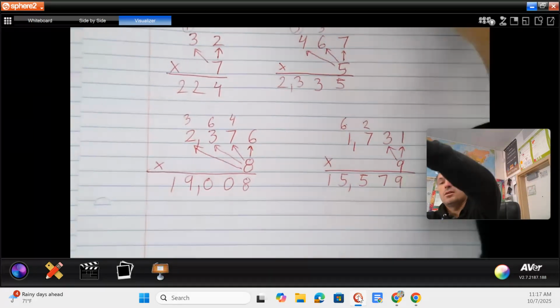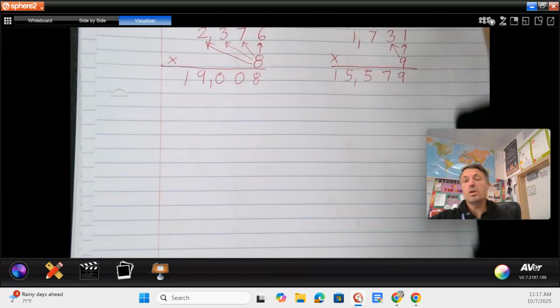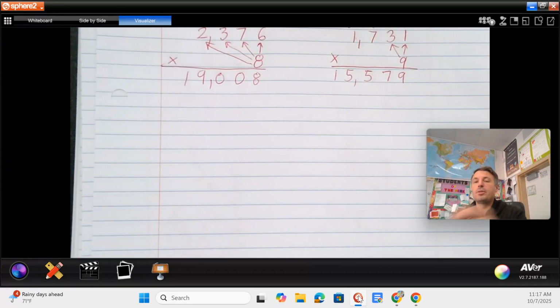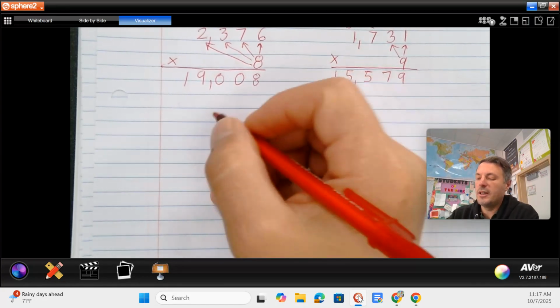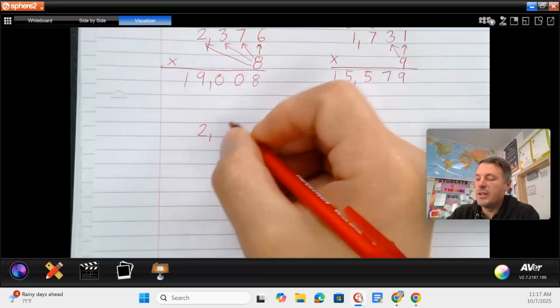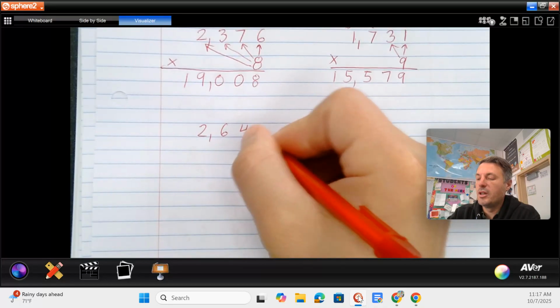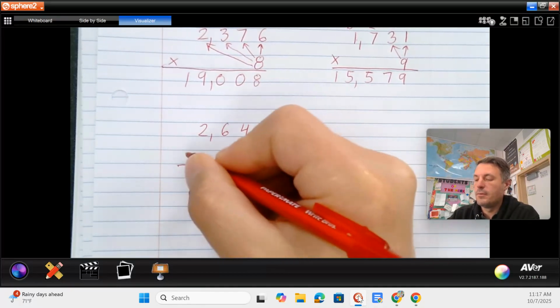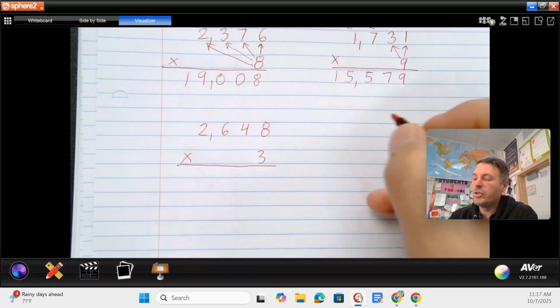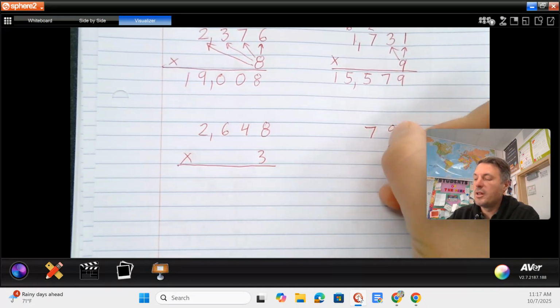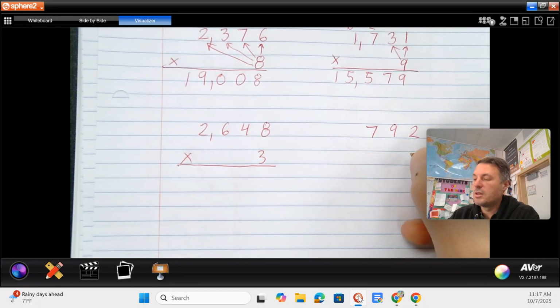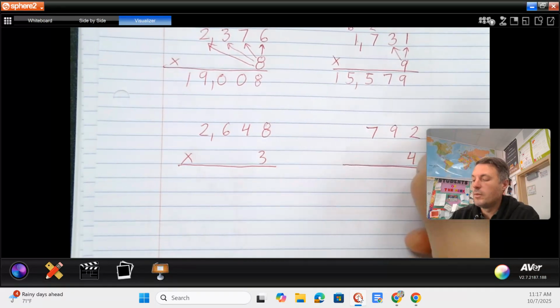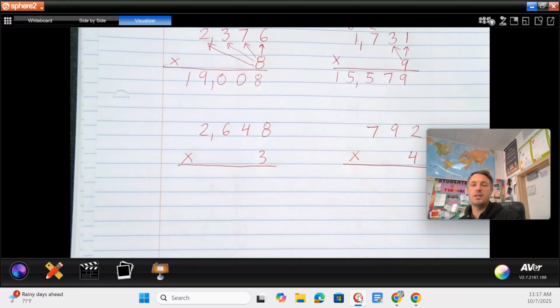Hopefully you understand today's lesson. It's the exact same as the lessons we're doing, just with more numbers on top. I'm going to give you two to do independently. Do 2,648 times 3 and do 792 times 4. Go ahead and do your very best on both of those multiplication problems, and then click on